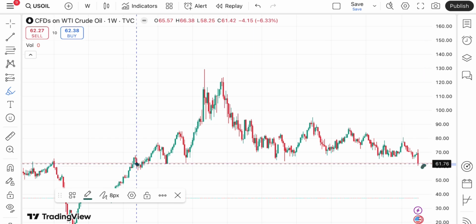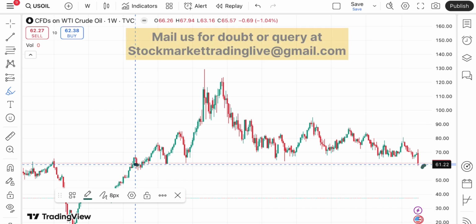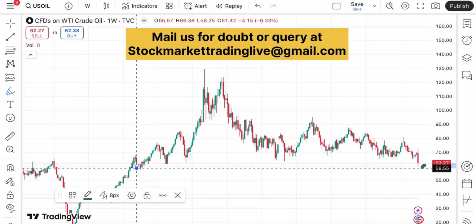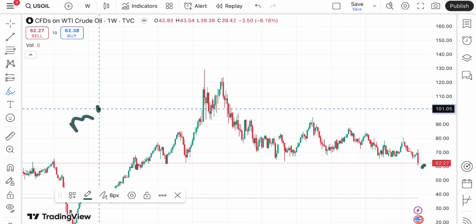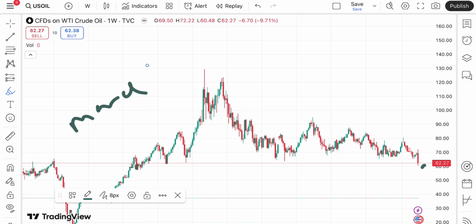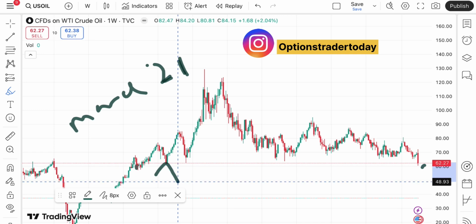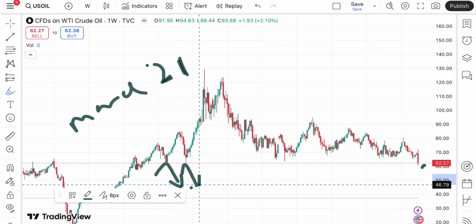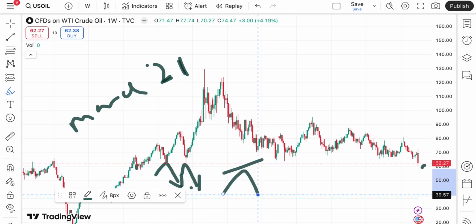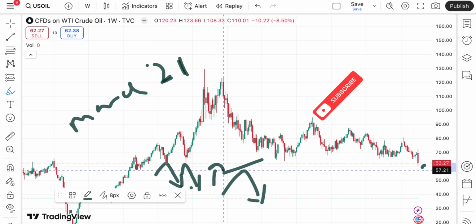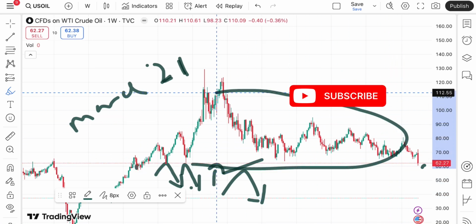If you look at this particular trend, a level of around 60.52 we have seen after March of 2021. That is exactly 4 years that the price has touched this level, and now the price is trading at 62.27. What we can see is a bounce back can come from these levels. It is at a strong resistance, so we can see a bounce back, but if it starts going upside, we will see it come again in this zone.